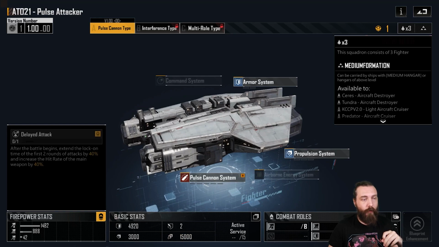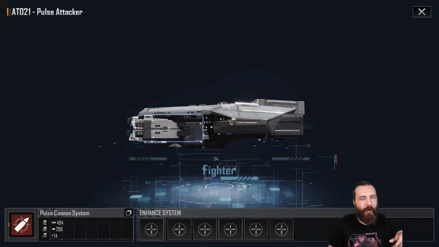What else we got on here? We've got delayed attack after the battle begins. Extend the lock-on time of the first 2 rounds of attack by 40% and increase the hit rate of the main weapon by 40% as the strategy on this. Extend the lock-on time of the first 2 rounds of attack. Is that for anything locking onto this or in general? If that is lock-on time and that affects the entire fleet or the enemy fleet, that could actually be pretty nasty. The increased hit rate is going to be really good here,